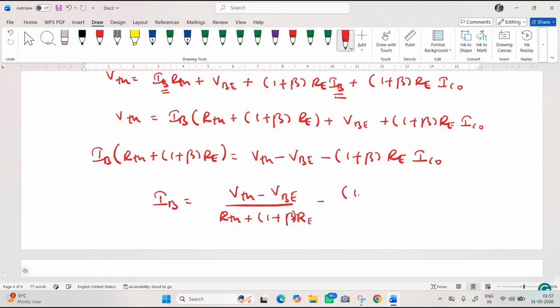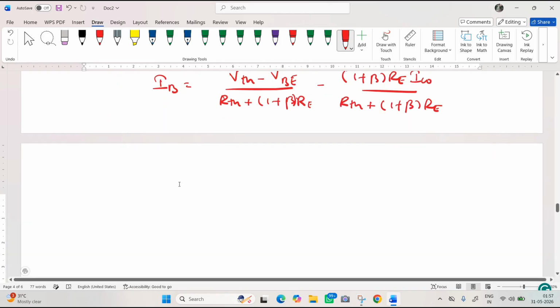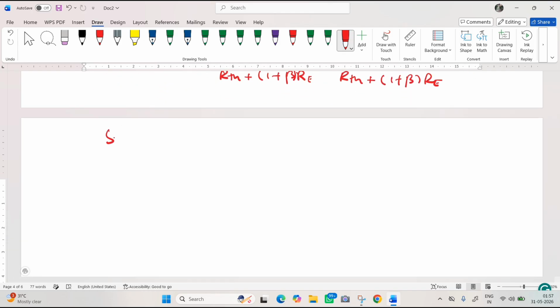Then minus (1 plus beta) times RE IC naught divided by, I'm writing it separately, R Thevenin's plus (1 plus beta) times RE. I'll get it. Now I'll try to substitute this IB expression in IC, right? Substitute this IB in